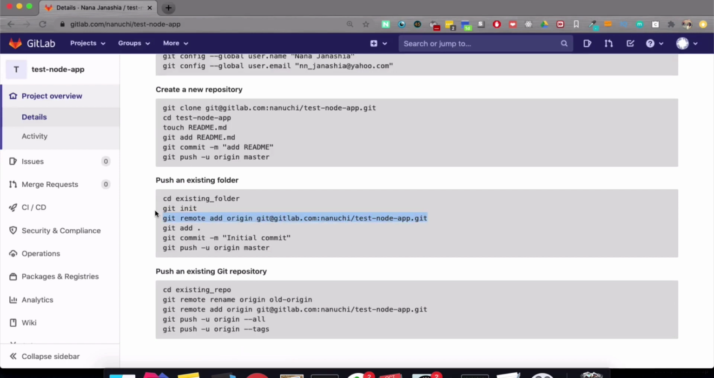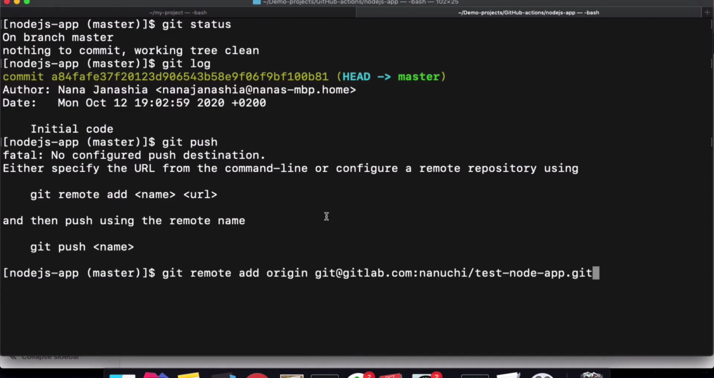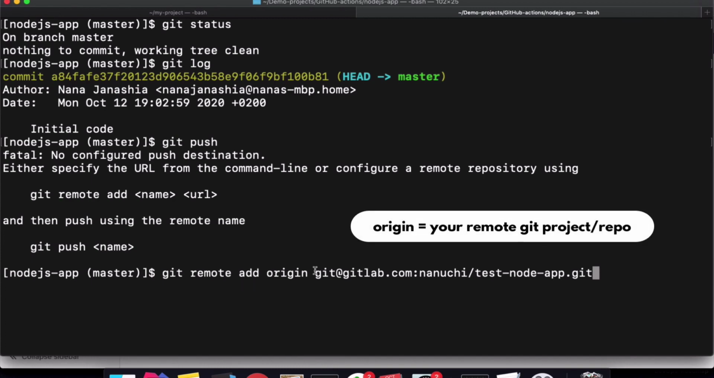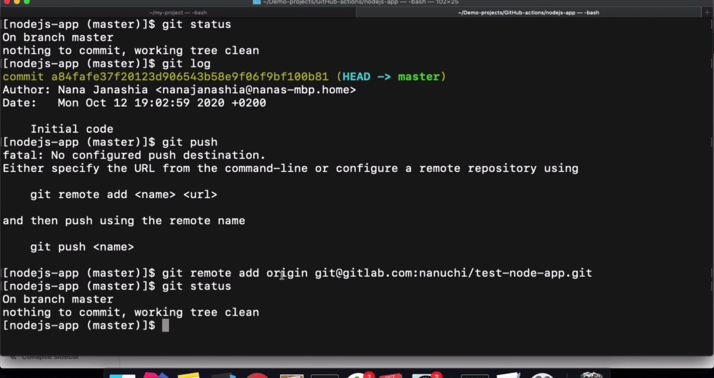So I'm just going to copy this command because it already has the endpoint of our remote repository in the command, and I'm going to paste it here. So what this does is basically tells my local Git repository where to push the changes to. So it tells what the remote repository for this local repository should be. And origin is the name of the destination, and this is the URL of the destination. And now, if we do push,